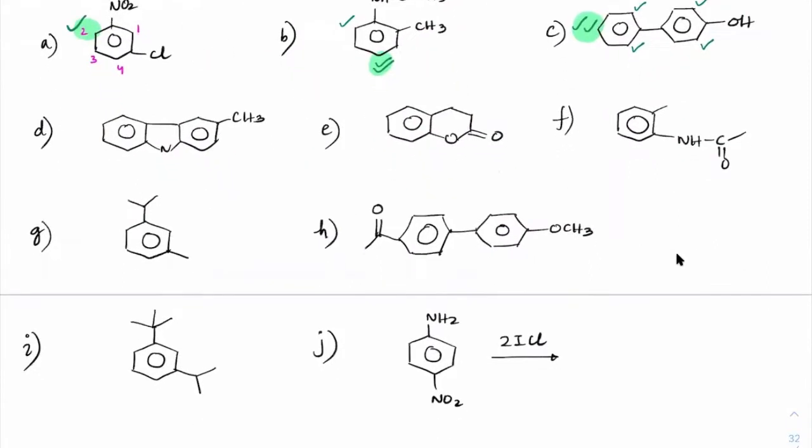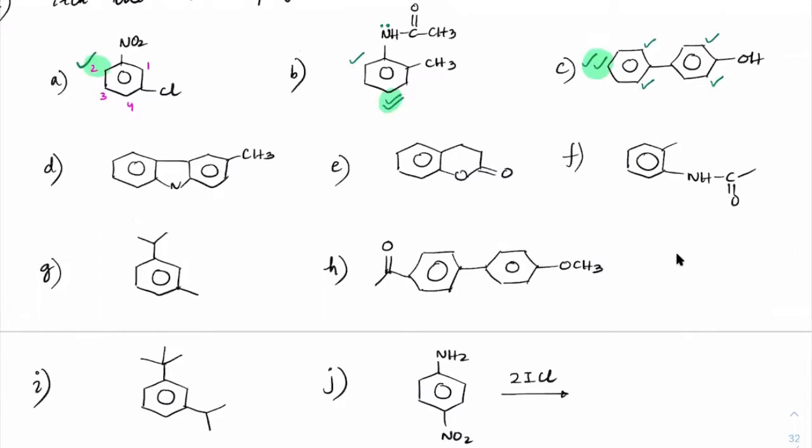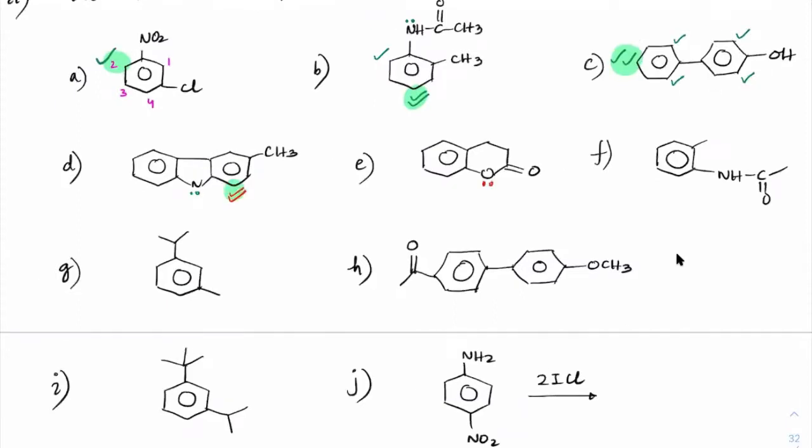Next. D. What about this? So we have a lone pair here. Both can be activated, but which is more activated in this case? This side methyl is there, so that will even help it. Correct. So where would it go? Check that, everyone. Let me know. Best possible position. No, beta, this will only give the most stable canonical because the positive charge will come here first. Sorry. The positive charge will come here first. Okay. And the positive charge will move here. Right, beta? Okay.